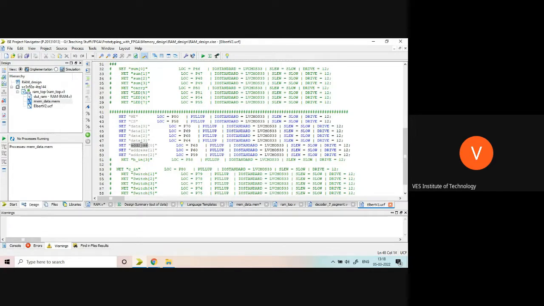So I can write here 4 addresses: 0, 1, 2, and 3. I guess this is okay now. 0, 1, 2, 3, 3-bit data, 16 locations with a 4-bit address, and 1 WE and chip select.